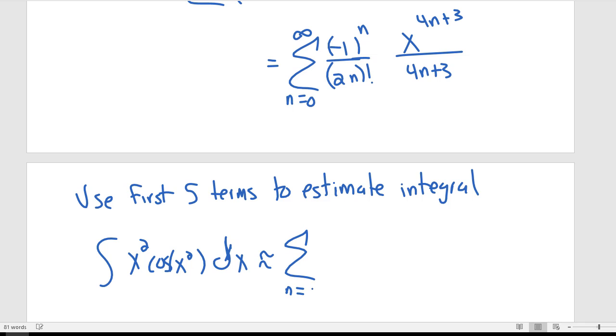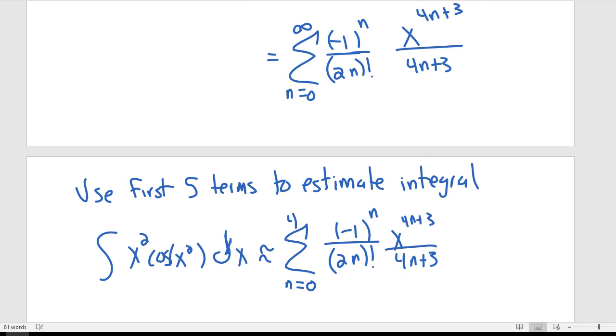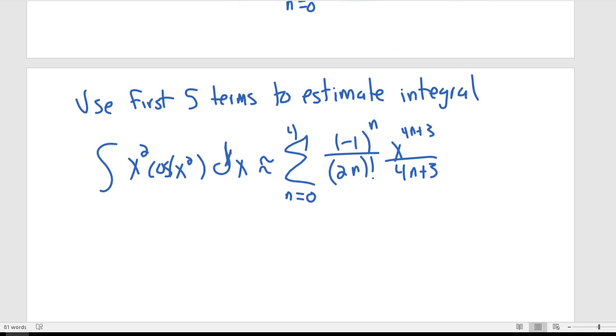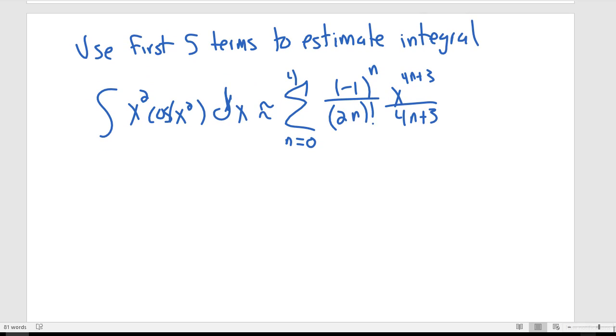Now think about it for this scenario. The first 5 terms would be from 0 to 4, right? Because we started at 0. So 0, 1, 2, 3, 4 gives me the first 5 terms. So I'm looking at just the first 5 terms of this series that we just found. So I'm going to plug in n equals 0, 1, 2, 3, 4. So let me see if I can squeeze all this on one line. So the integral of x squared cosine of x squared will be approximately